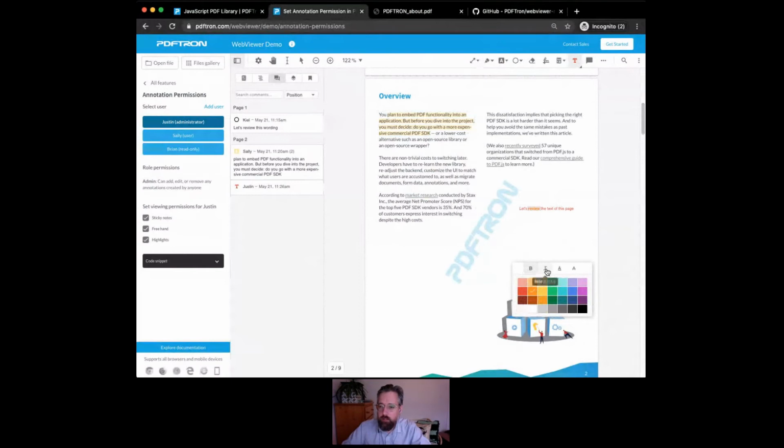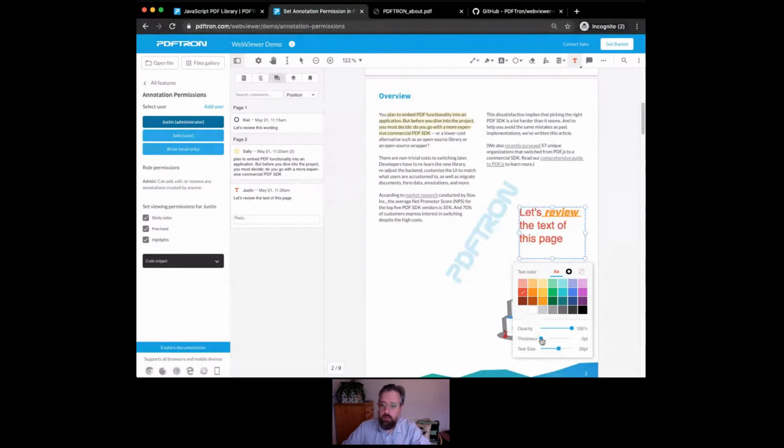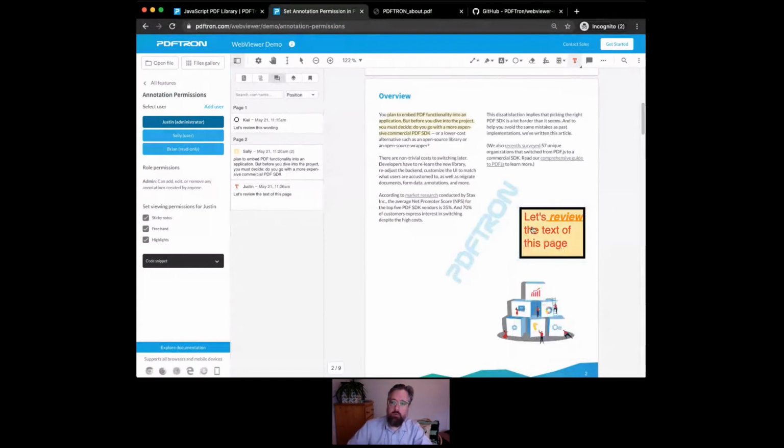So in addition to changing the color, you can also make it bold or italic or underlined. And as well, you can change the text size. So if you want to make larger text or smaller text, or change the thickness of borders or the opacity of the background, all of that is quite possible with our toolkit. So we have these flexible UI tools built in, but really you can change this annotation appearance to be whatever you'd like. So if there are some requirements around making annotations that look a particular way,